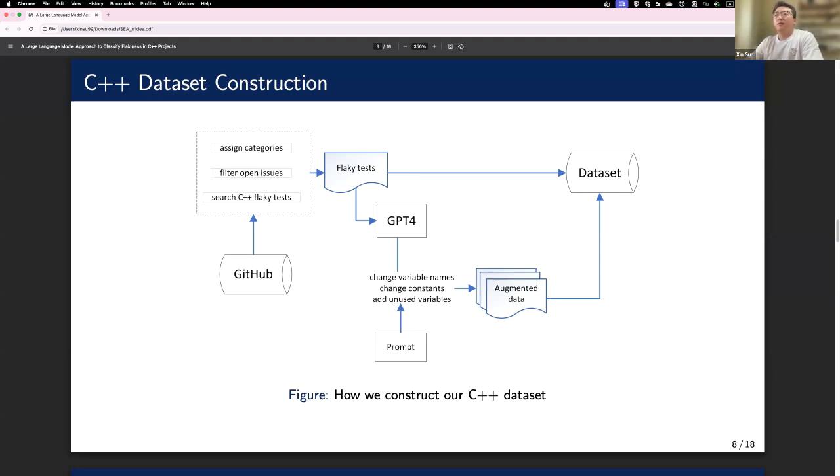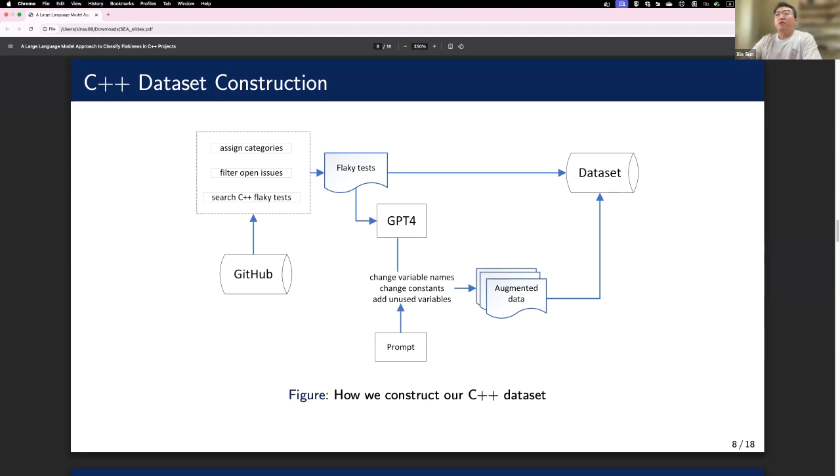We then manually categorized each issue according to the root causes described earlier. This process was time consuming but crucial for creating a high quality and useful dataset.